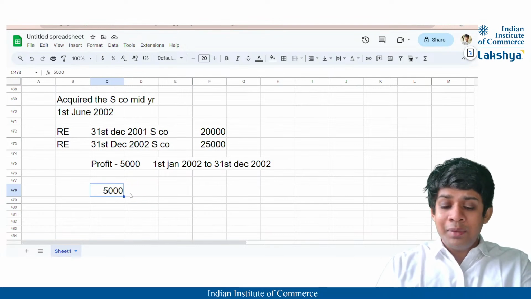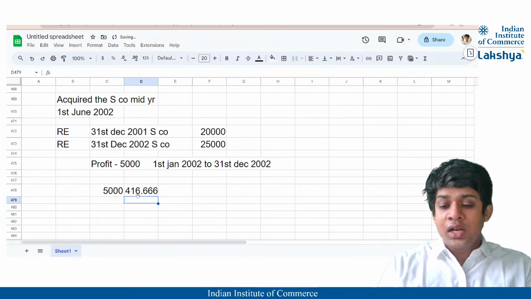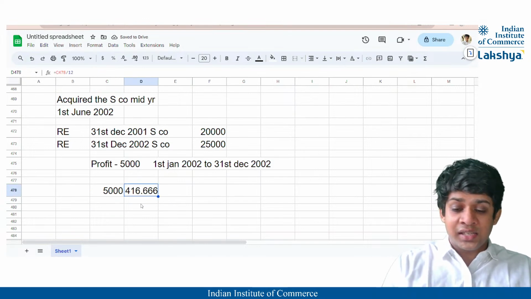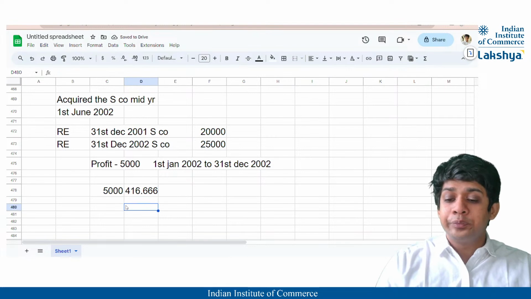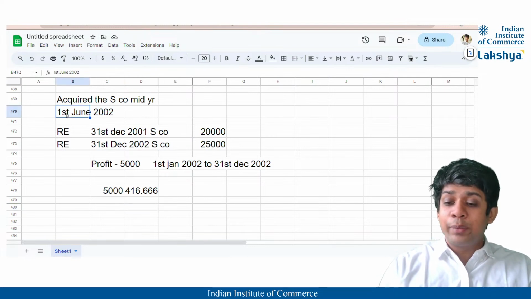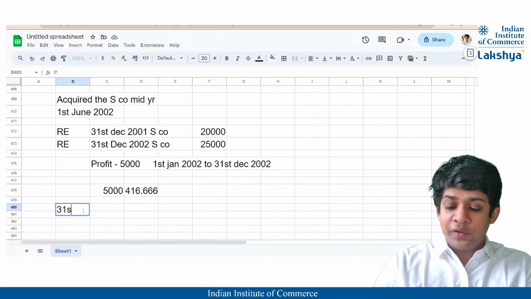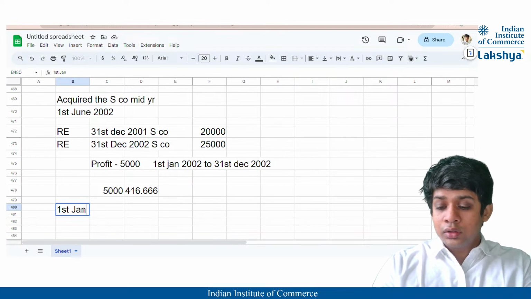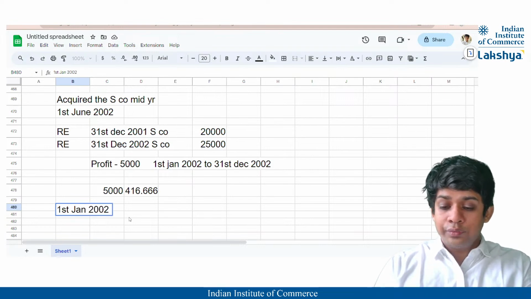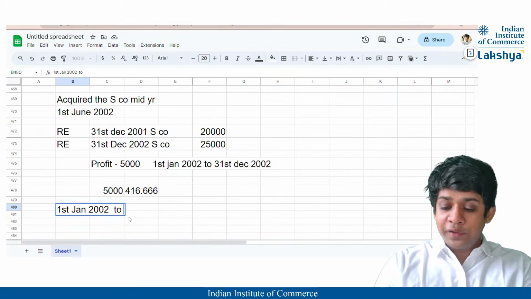So for 12 months, for each month, what is the profit? 5,000 divided by 12 months. It is nothing but 416.67. Okay. Now, we have acquired the company on 1st June 2002. That means from 1st Jan 2002 to 1st June